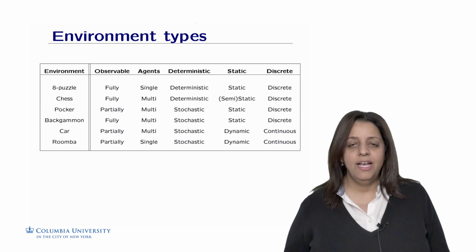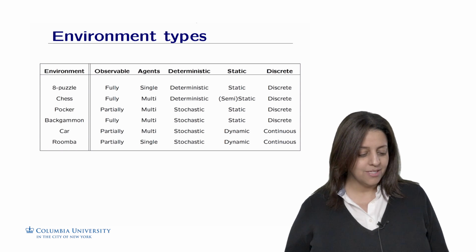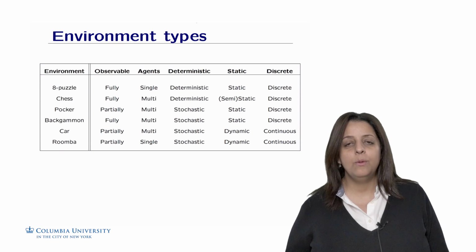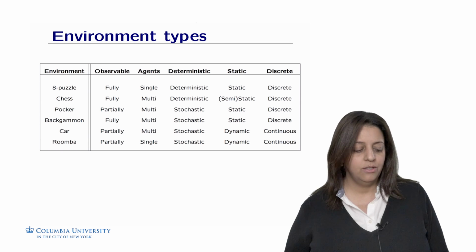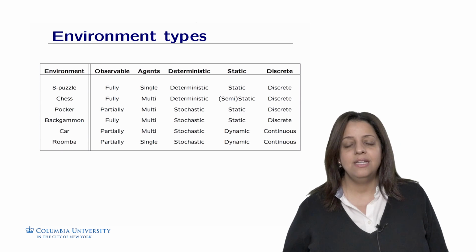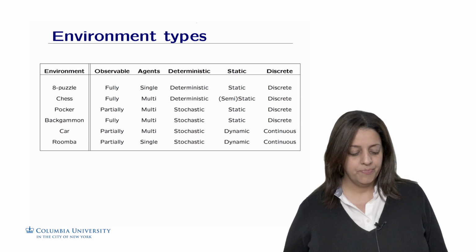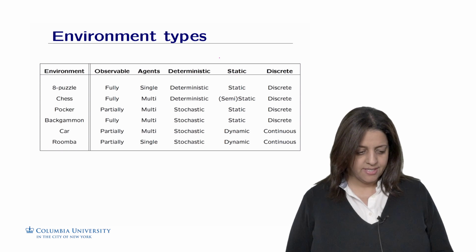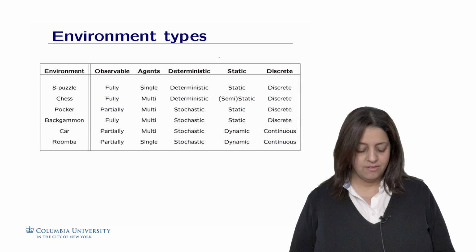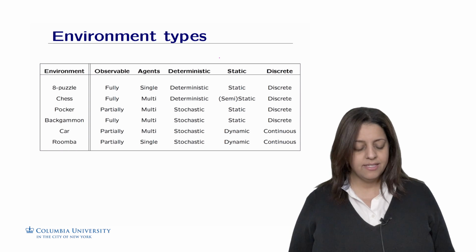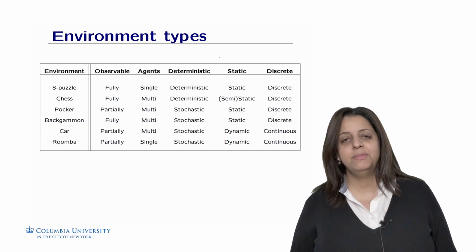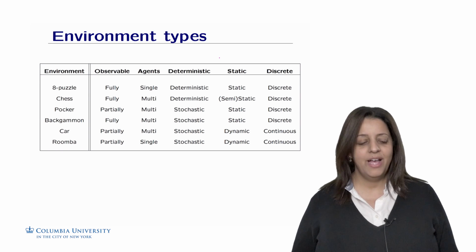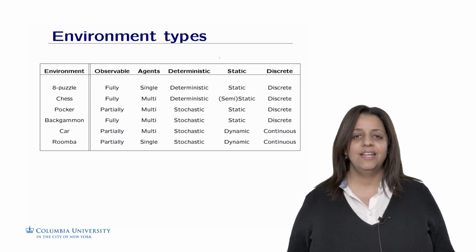For a car, it's multi-agent. For Roomba, it's single agent unless you decide to have several Roombas cleaning your house. And finally, they are both partially observable because you cannot see the next block or behind this big truck ahead of you. And for the Roomba, you cannot see under the sofa or what's going on in the next room. Actually, these environment descriptions are really not set in stone and depend a lot on how the task environment is defined. So this is just given as a reference, but depending on the kind of Roomba you have, the kind of car you have, and so on, these things can change a little bit.